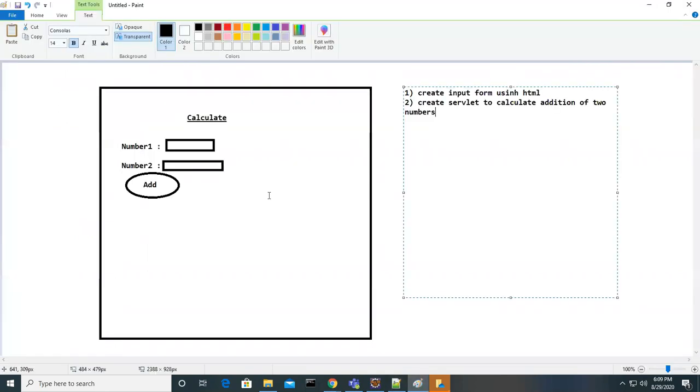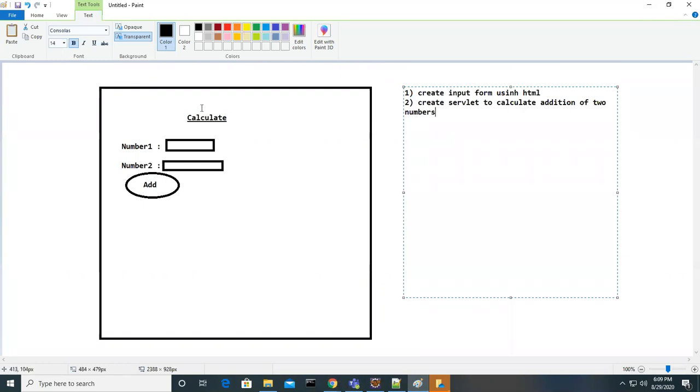If you look at this, can we call it as a form or not? See, if you take any application, right? So can we call it as a form or not? A form means what? It contains some input fields. You have to fill some fields, name, something like that, right?